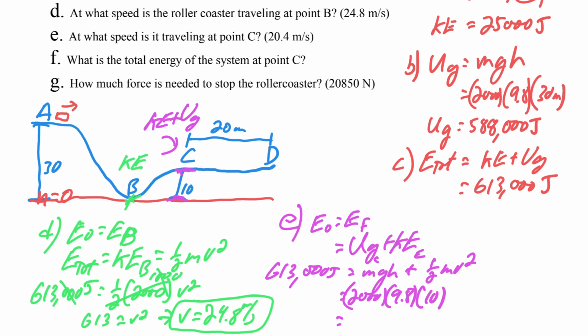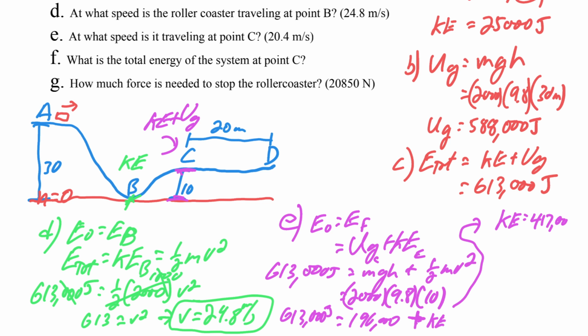So I get 196,000 joules of potential energy. So that means whatever's left over is going to be our kinetic, right? That's going to be how much kinetic we have plus the leftovers of kinetic. So if we subtract those two, we're going to have a certain amount of kinetic left over. And that kinetic is